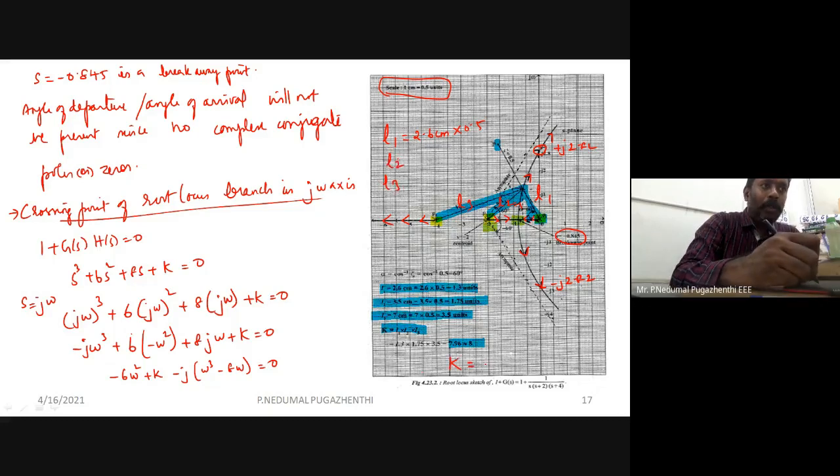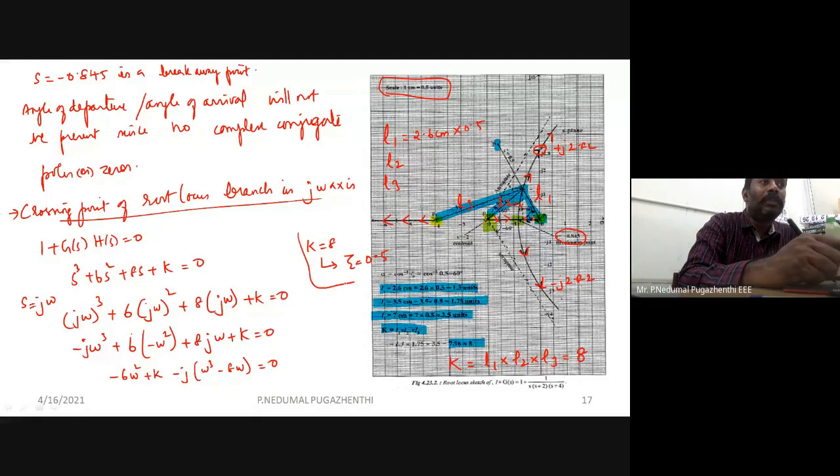Now K is equal to L1 into L2 into L3. All these L1, L2, L3 have to be multiplied with 0.5 based on the scale. Okay, if you have chosen -3 and -4 adjacent, that is 1 centimeter is equal to 1 unit, then there is no need to multiply that with 0.5. So if you multiply all these 3, then you will get K is equal to 8. So what it says, when K is equal to 8, then zeta will be equal to 0.5. That's the idea.